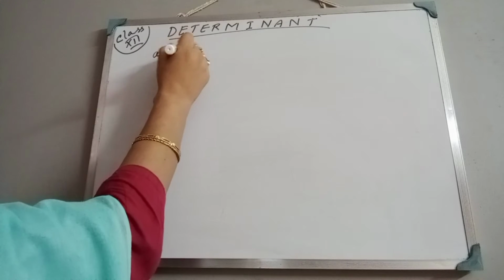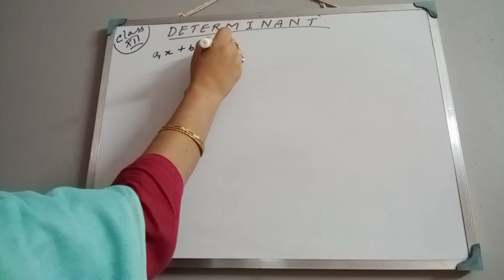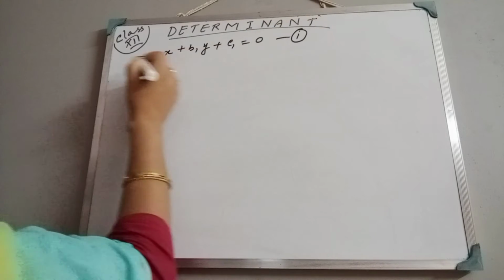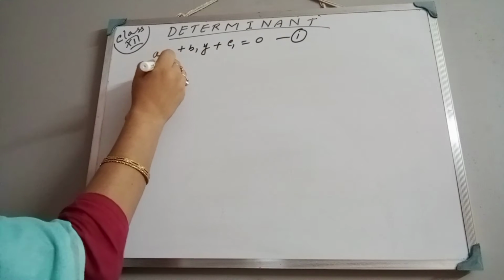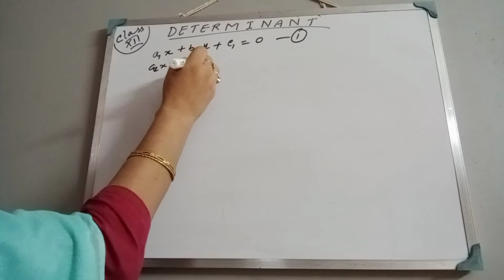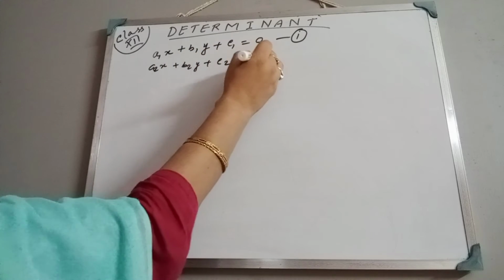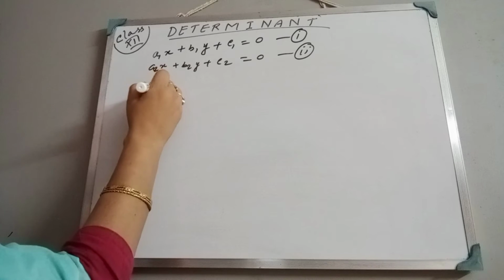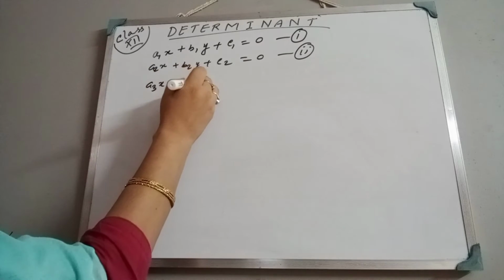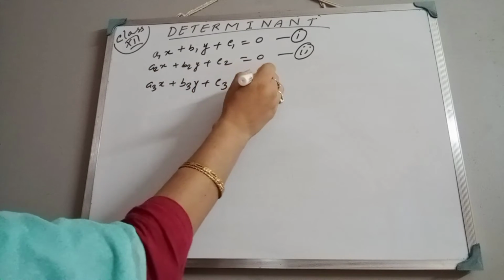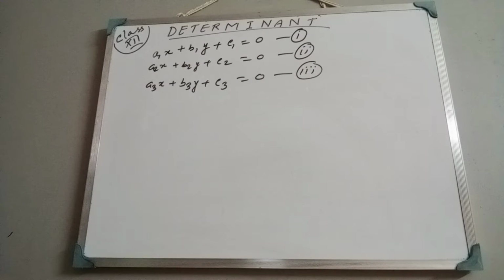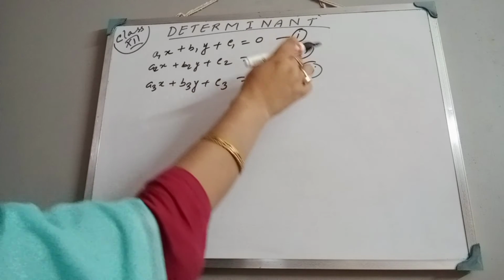Let a1x plus b1y plus c1 equals 0, make it equation number 1. Next, a2x plus b2y plus c2 equals 0, make it equation number 2. Next, a3x plus b3y plus c3 equals 0, make it equation number 3. Now, by cross multiplication method from 1, 2 and 3,